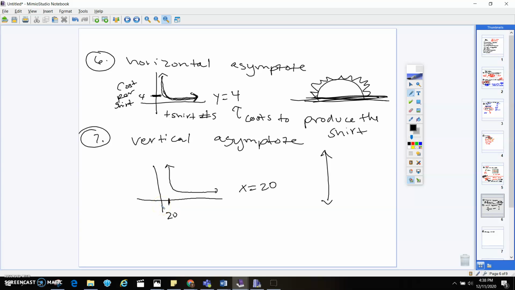For a vertical asymptote, that's telling us that it costs that much money. So it costs all the way up here to produce, whatever your y value is in that case, to produce 20 shirts, and then we're going to start decreasing that price. So 20 shirts is